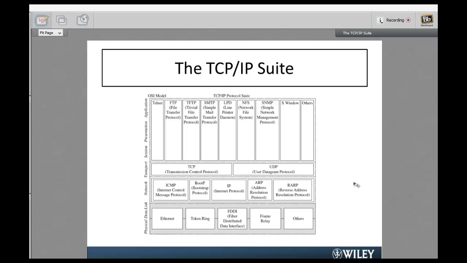Other 802 protocols exist for broadband, fiber optic, and token ring, but more commonly discussed and applied standards include 802.11, which is used in the wireless LANs, and 802.15 or the wireless PAN, and